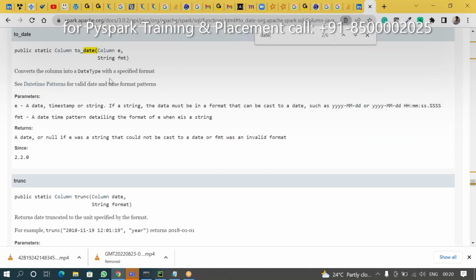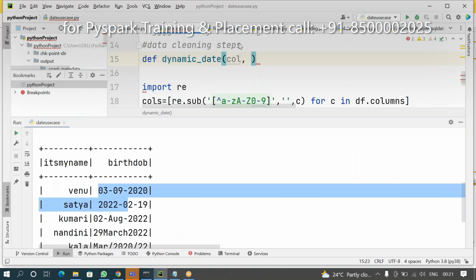Click this. What is this? Format to date. It is available up to 2.2. Format, this is by default, it is none. Okay. So second option, in this scenario, I want to use format is equal to, by default, what is the format? Please note, first of all, let me explain.